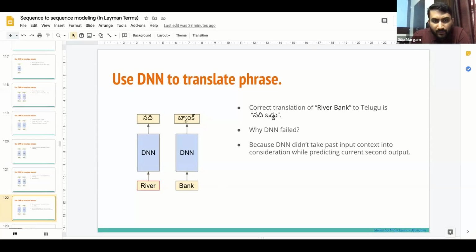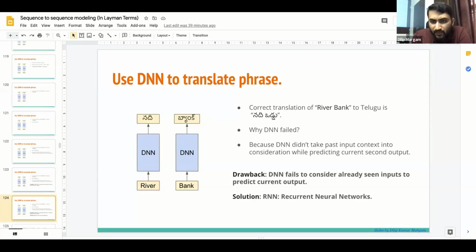That information we have to somehow pass to this DNN so that it will make the correct prediction. The drawback is that it fails to see the past context. The solution is the RNN, which is a recurrent neural network. Let us see what a recurrent neural network does.